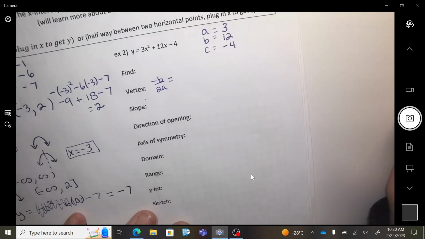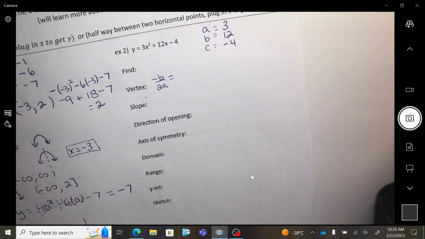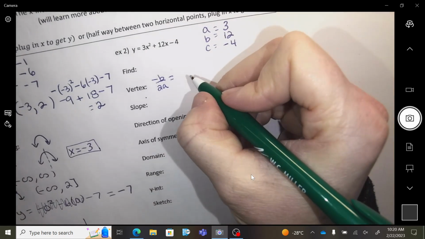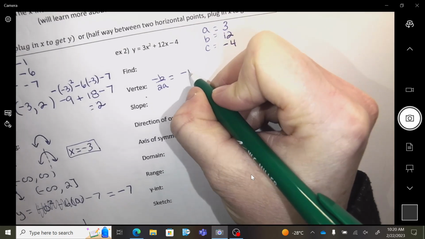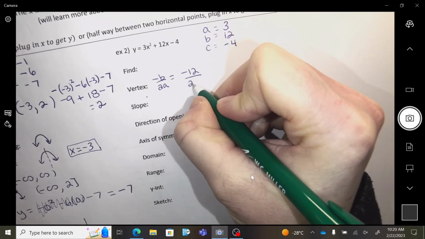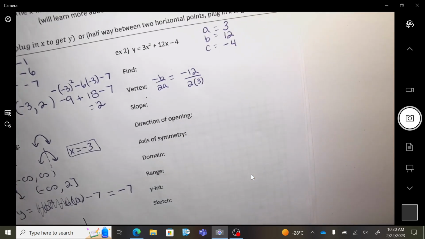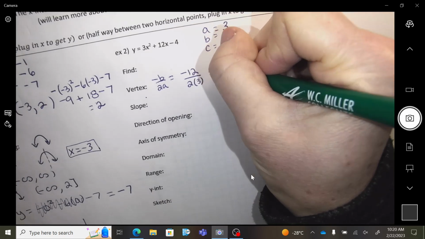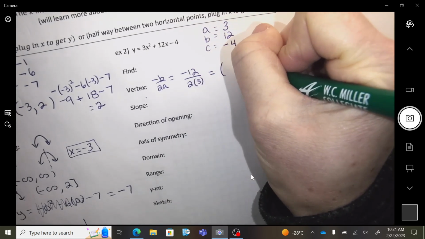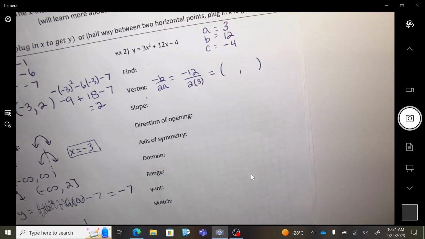Okay, so the vertex, I'm going to do a negative b over 2a. So negative b would be negative 12 over 2 times 3. So what does that come out to be? Negative 12 divided by 6,